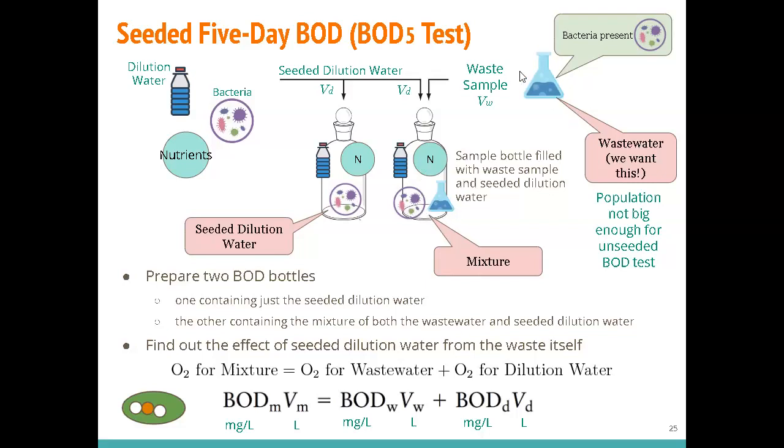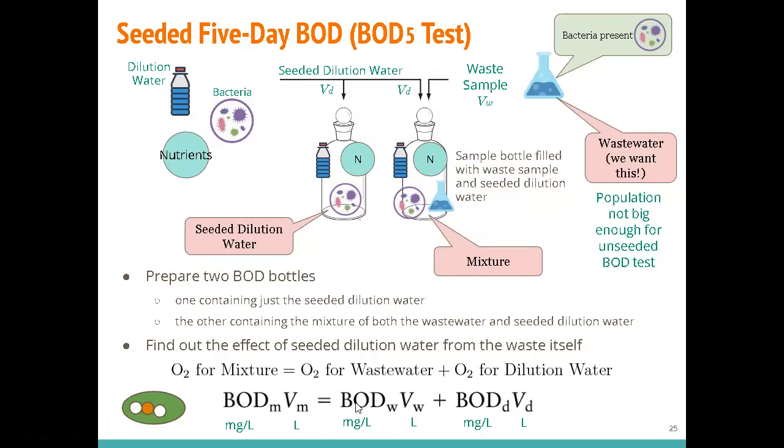And also we add the waste sample. This is the thing that we are interested in, right? Not the things that we have added, but we want to kick off the whole biodegradation, and we want to exclude the effect of the things that we have added. We want to exclude the effect of these 3 things. These are the things that we add, right? We are not interested in them. We're only interested in the wastewater. So we have a control experiment on the left-hand side, so that when we do the calculation, we can subtract that effect. And what do we have left? Just the wastewater, right? The effect of the wastewater.